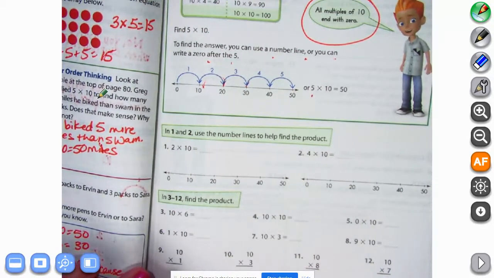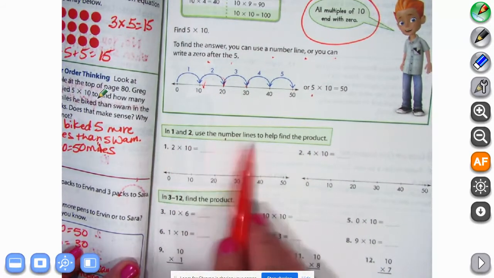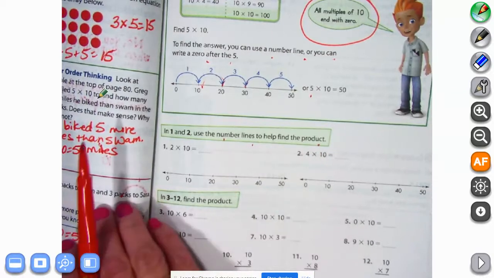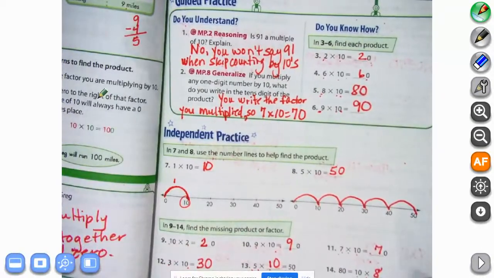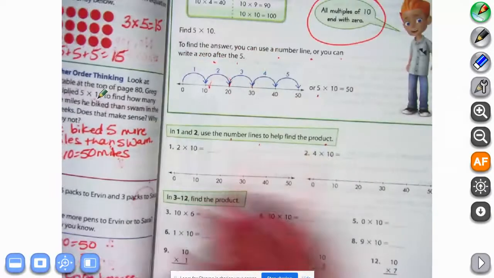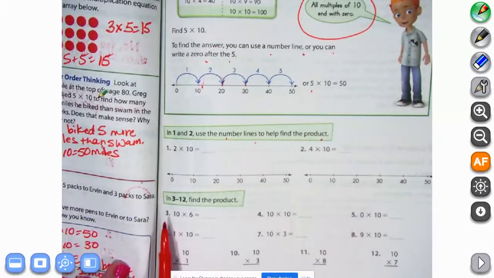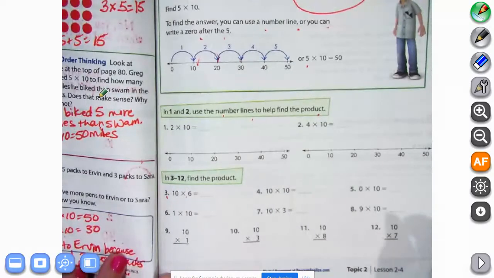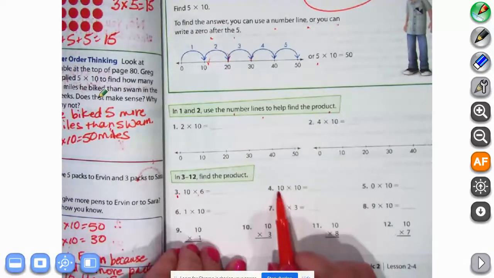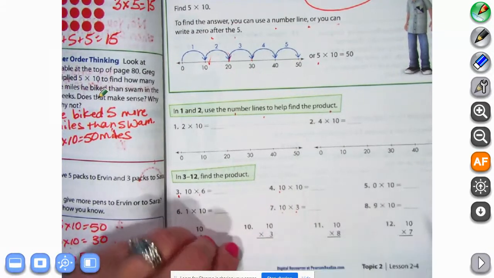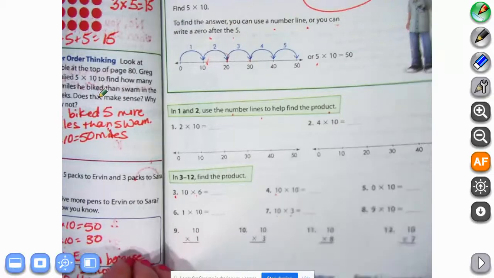On number 1 and 2, it says use the number line to help find the product. So that's the same thing we did on this page. On 3 through 12, you're just going to multiply and find the product. Skip counting by 10, multiply the 1 by the next number and then add a 0, whatever strategy you prefer. And then on the back,